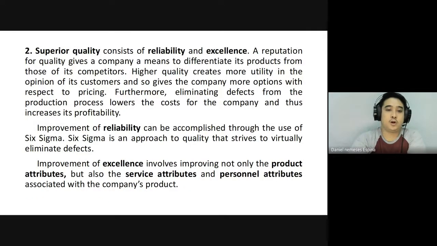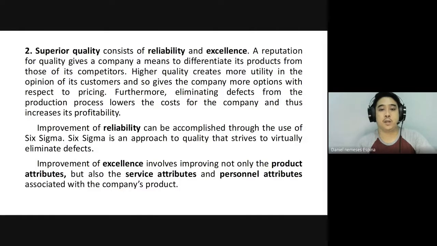Okay, the second goal of the functional level strategy is to have superior quality. So quality consists of reliability and excellence. A reputation for quality gives a company the means to differentiate its products from those of its competitors. So of course, if we produce quality products and services, superior quality compared with our competitors, a lot of customers or a lot of market share will be